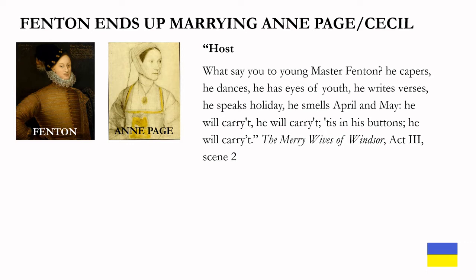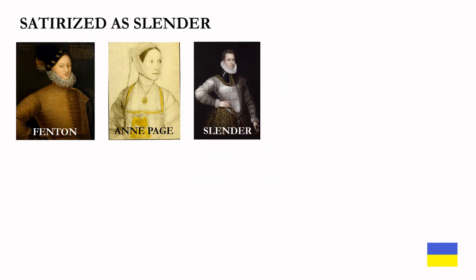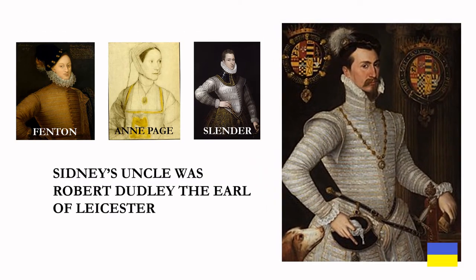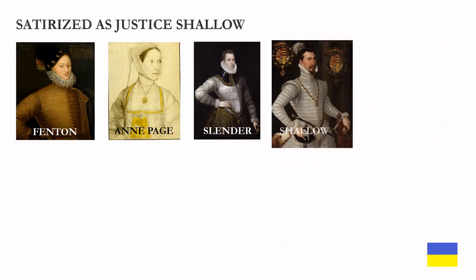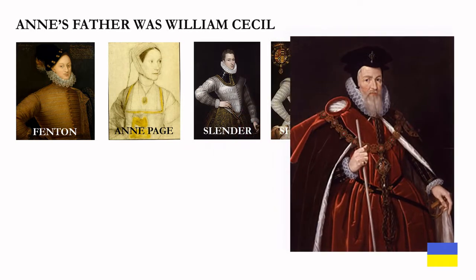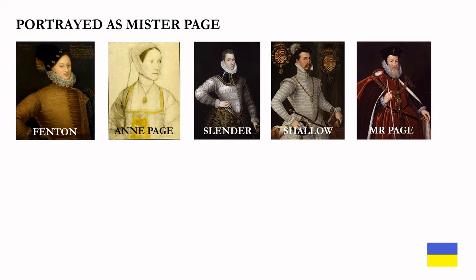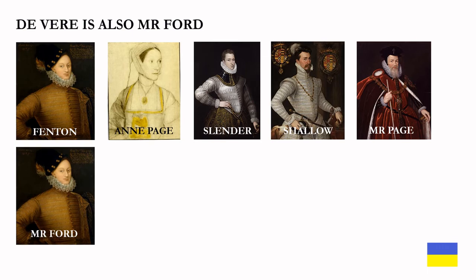And in real life, De Vere's rival for her hand was Sir Philip Sidney, who was satirized as Slender. Sidney's uncle was Robert Dudley, the Earl of Leicester. He was also satirized in the play as Justice Shallow. And his father was William Cecil. He was more favorably portrayed as Mr. Page. De Vere is also Mr. Ford